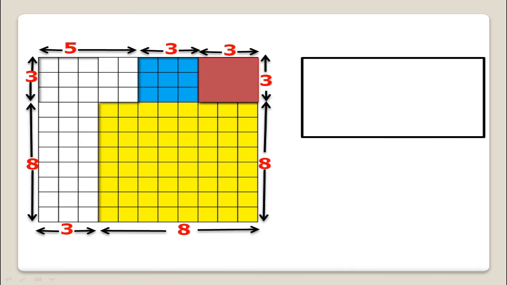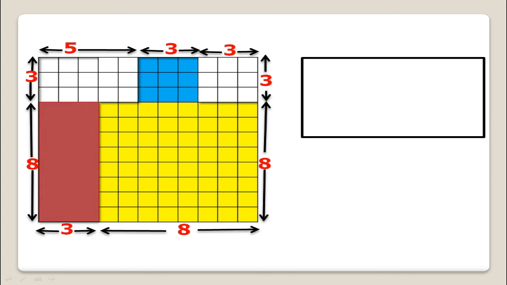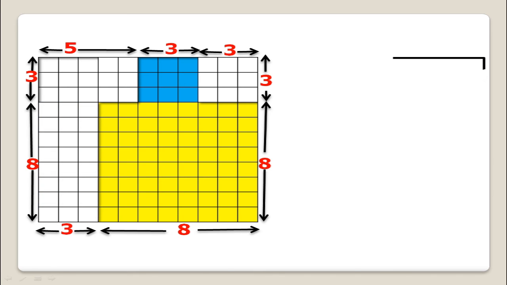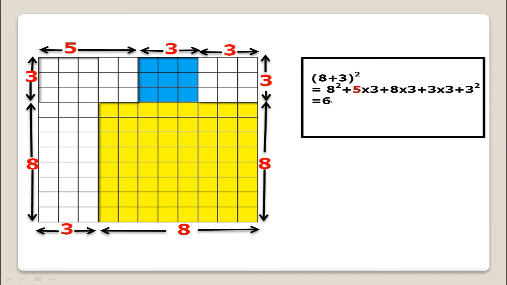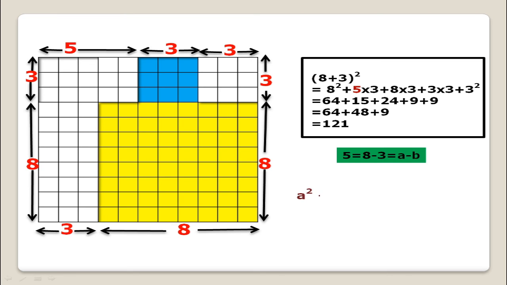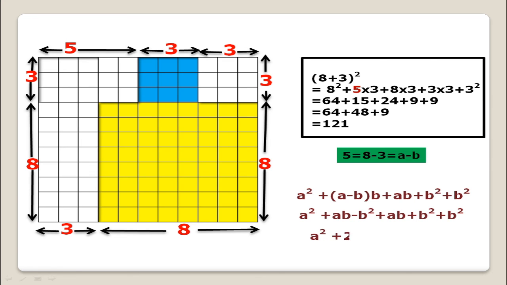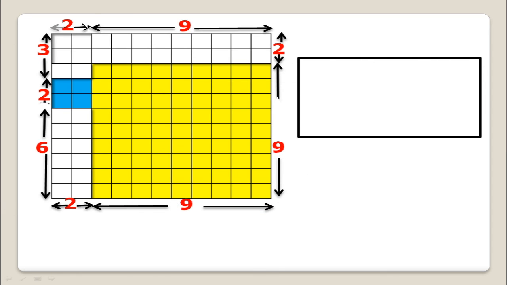Let's give a try with one more example, that is expansion of 11 in terms of 8 and 3. a is 8 and b is 3. Two variables again we have, but on the top side we are getting three variables, 5, 3 and 3. And because we are not fixing it in either corner of the square, that is the second square of side 3 by 3, no doubt numerically we are getting 121, but when we express 5 in terms of 8 and 3, that is 8 minus 3, a minus b, and substitute in the expression, that is the sum of area of this figure, we are getting three unsymmetrical rectangles here.